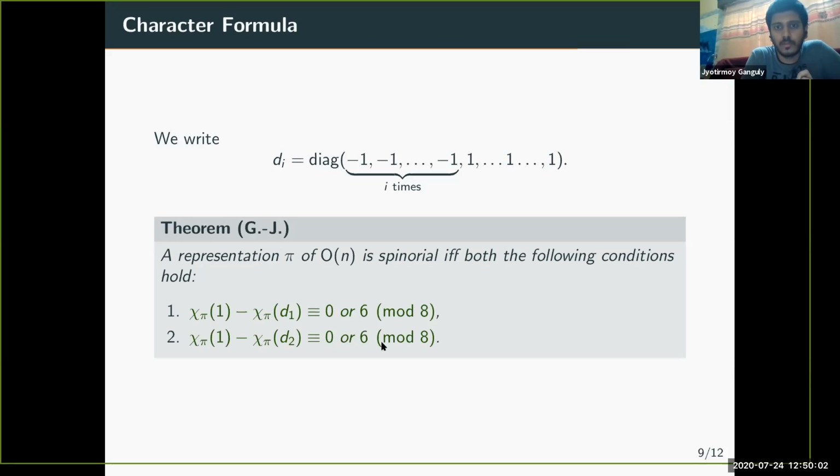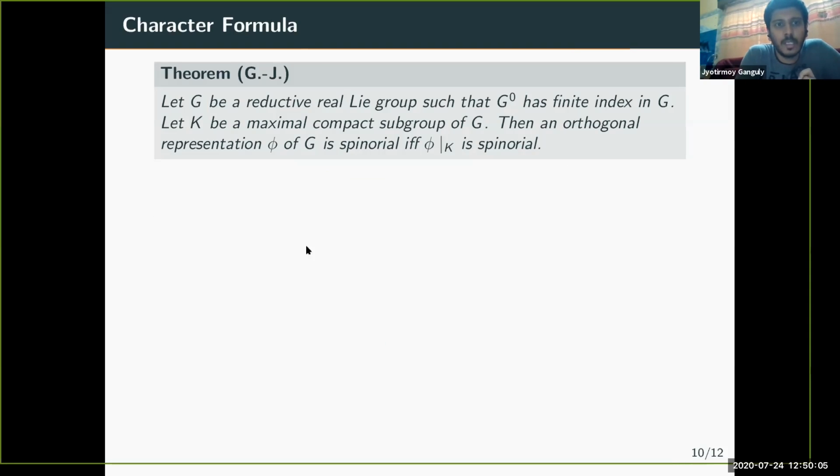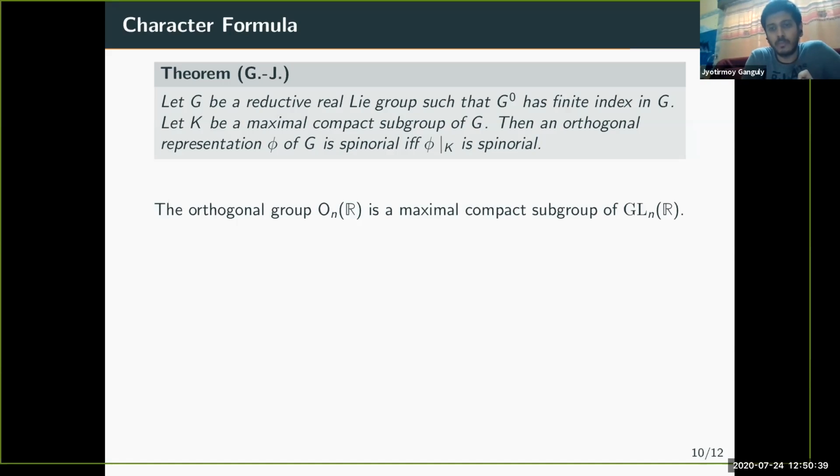Here is one more result. Let G be a reductive real Lie group, and G naught has finite index in G, where G naught denotes the connected component containing identity, and let K denote a maximal compact subgroup of G. Then an orthogonal representation phi of G is spinorial if and only if its restriction to the maximal compact subgroup is spinorial. Okay, so we can use this result to talk about the spinorial representations of GLnR, because